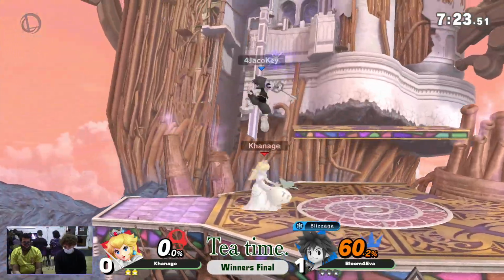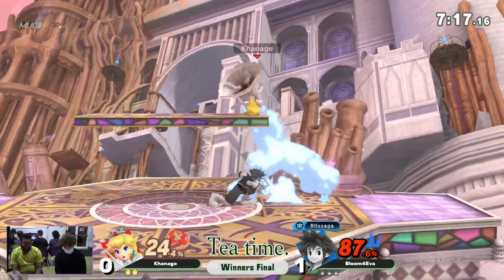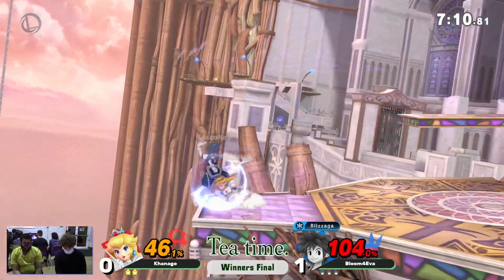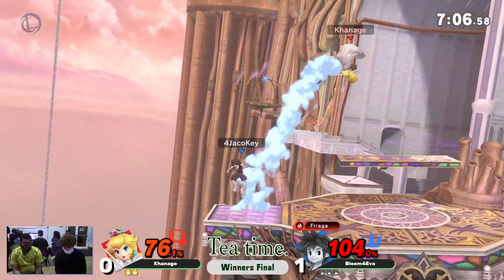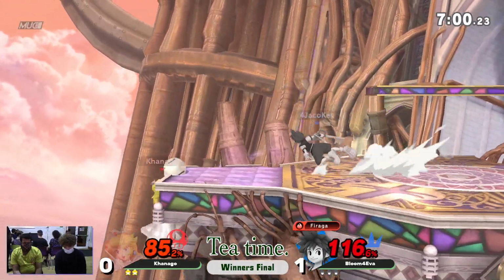I think maybe... I think, what's it called? Thunder sends upwards. So if Khanage keeps staying high, and he gets caught by these thunders, then he just dies at the top at really, really early percents. You might want to consider going lower, but I'm not sure. Maybe if he goes lower, he then has a ton of other things that he has to worry about. And